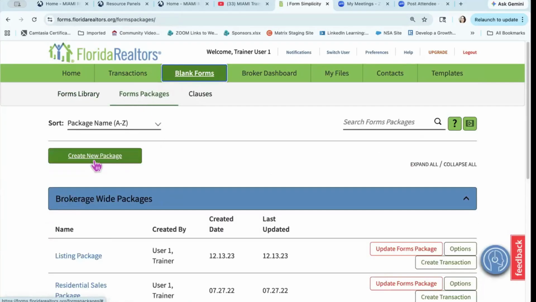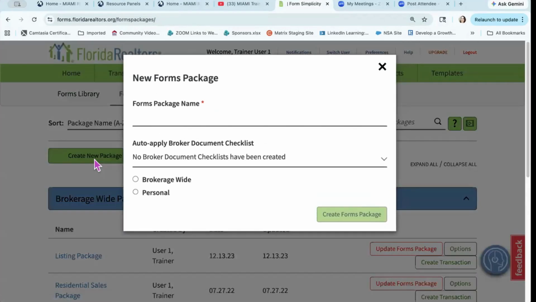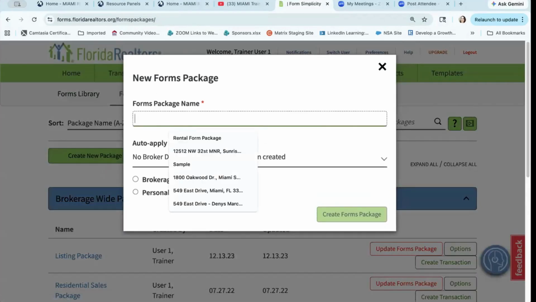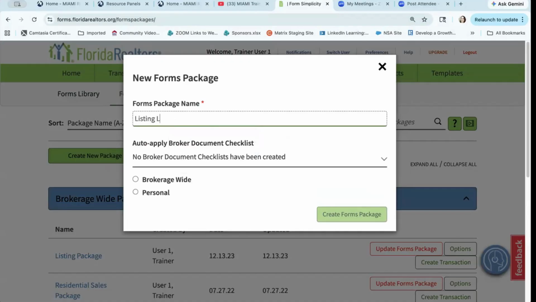Okay. And you create a new package for your office. Create a new package. Here you're going to give it a name. This is my listing package, single family